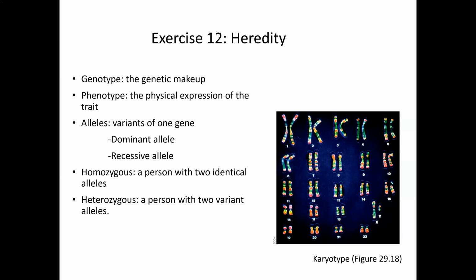For exercise 12, heredity, we're going to go through not only some basic concepts in genetics, like what are genotype and phenotype, but also how, based on the parents' genetic makeup, we can decide the offspring's genetic makeup, the genotypes of the offspring, as well as the phenotype of the offspring. Depending on the kind of relationship between the alleles, that could be slightly different. But basically, the whole exercise 12